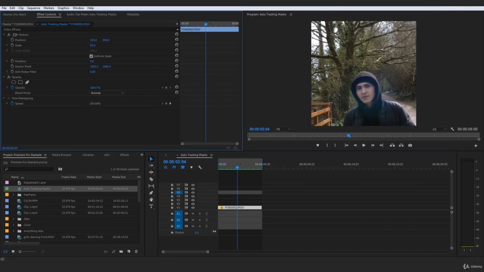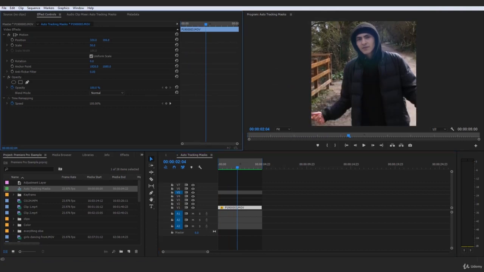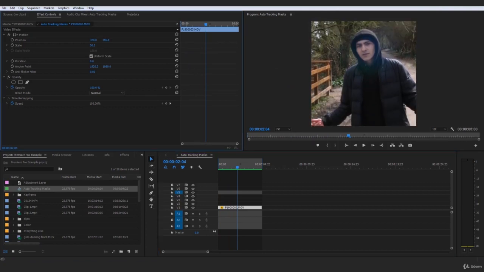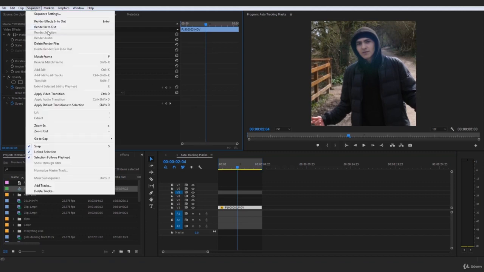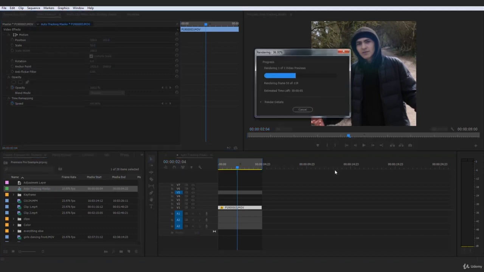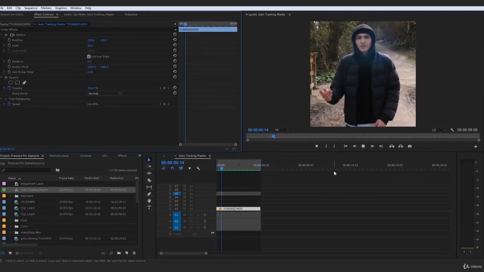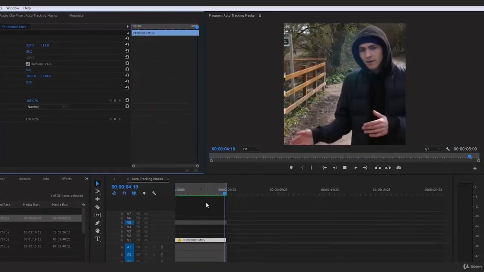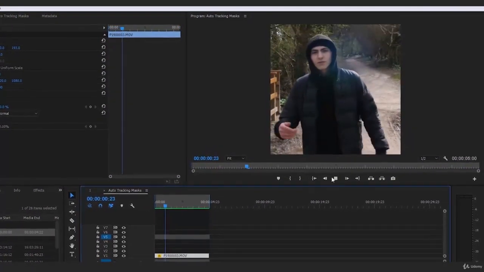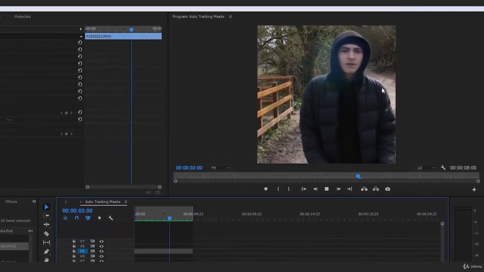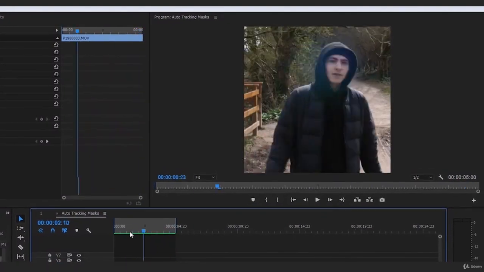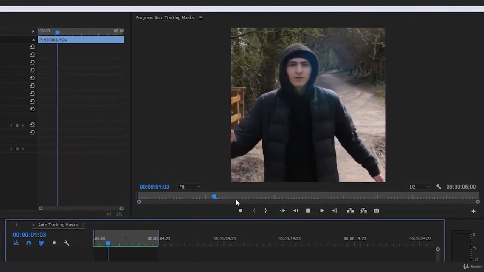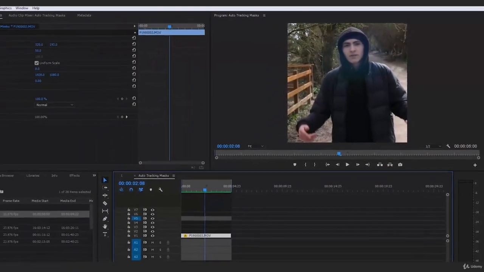In fact, I might even want to bring the position down a little bit just to get me kind of perfectly into this. And let's just render in to out again. And this is going to be a nice square dimension video of me walking along the street, or walking along kind of like a little dirt path, right down by the river, close to where I live. And now this is a 640 by 640 square,